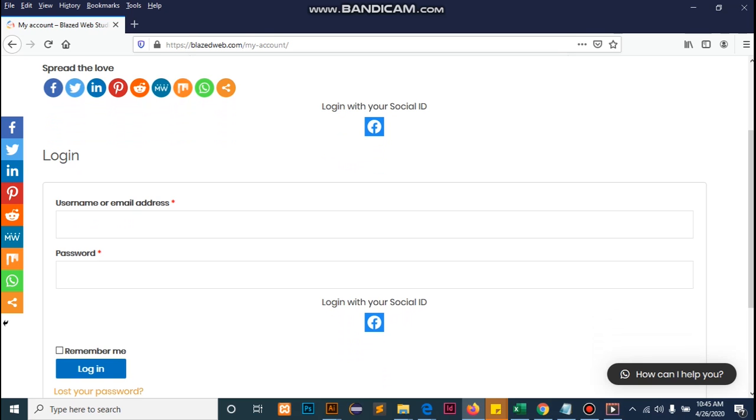We should give him an option that they can log in simply. The second part is more important: we know Facebook has billions of users, so everyone has an account on Facebook. So it is very easy for your customer to purchase by simply logging in with Facebook.